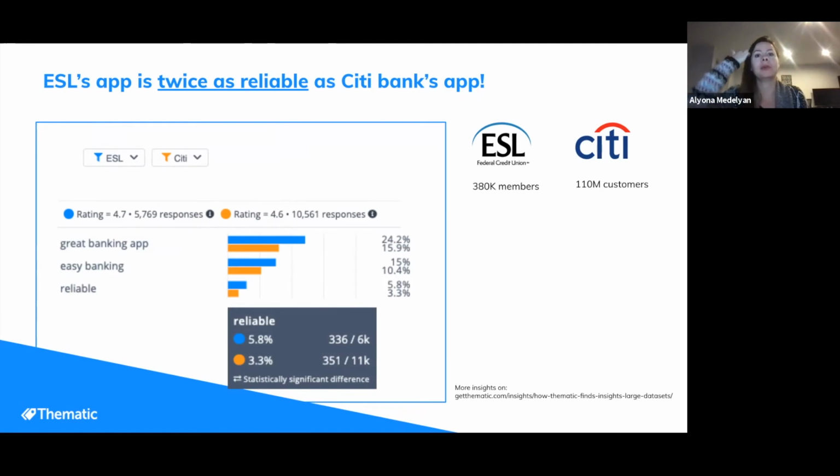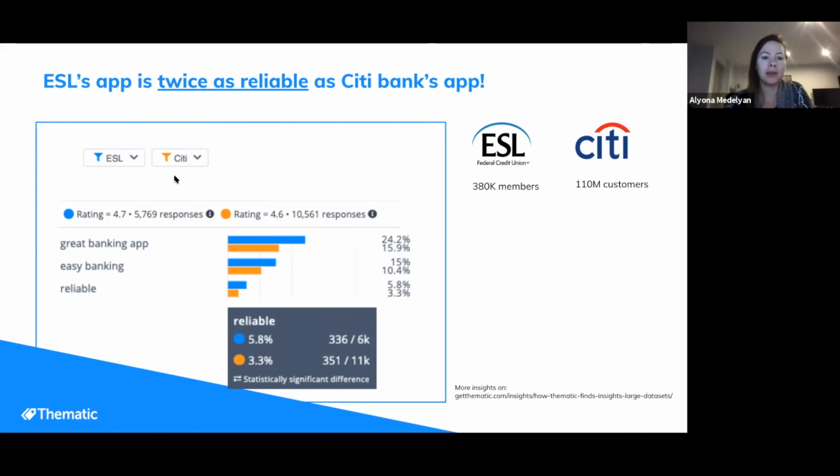Another cool insight was when we looked at ESL Federal Credit Union and compared its app with Citibank's app. And what's interesting is that all of the biggest banks in the US have the highest ranking apps. So they have a lot of resources and they can make apps that have a rating of 4.6 or higher. However, typically smaller banks struggle, but there's this one credit union that we found, ESL, that has an even higher average App Store rating. So we compared the ESL reviews with Citibank's reviews to find out what's so special about this